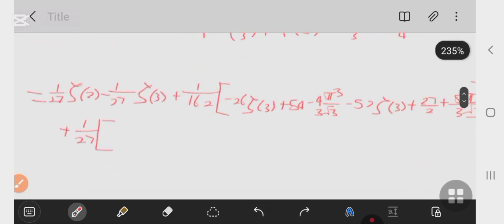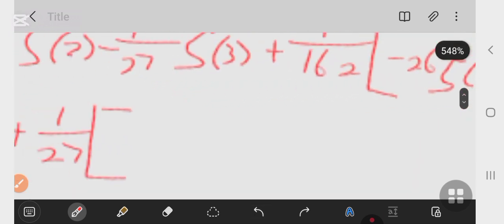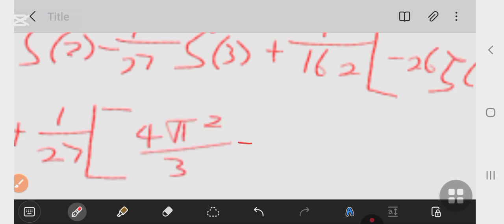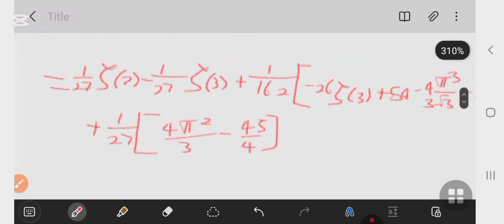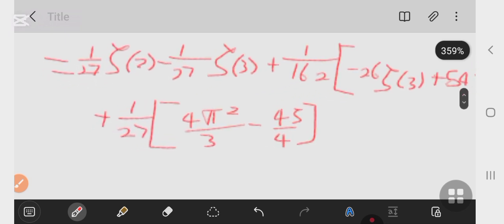I have 4 pi square over 3 minus 45 over 4. Okay, so from here I have,